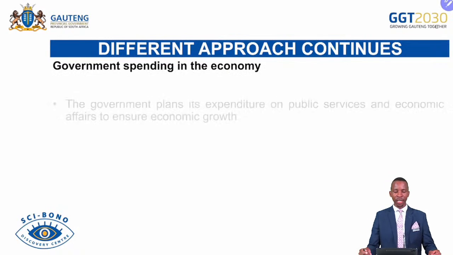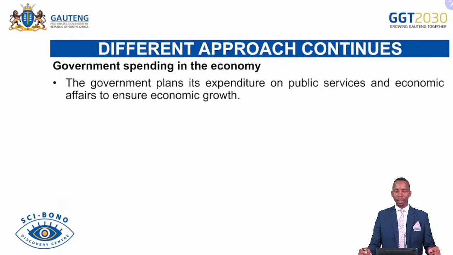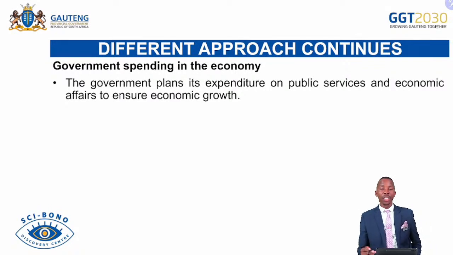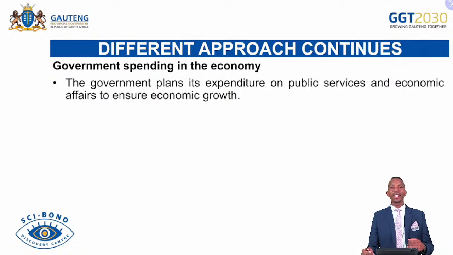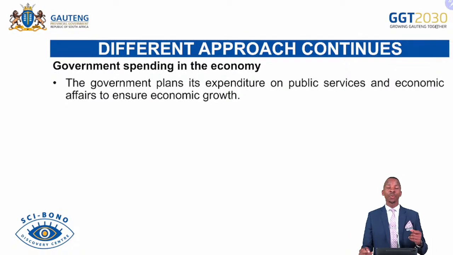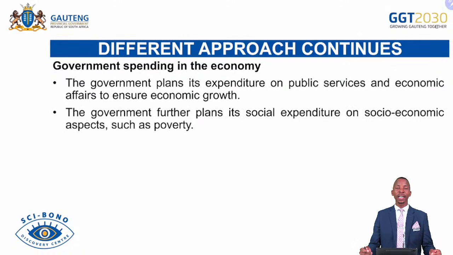The government spending in the economy. The government plans its expenditure on public services and economic affairs to ensure economic growth. So when the government conducts spending, we all know that it results in an increase in economic performance because people will be getting job opportunities. There will be more disposable income in the economy. There will be some tenders, and that will lead to spending or increased aggregate demand in the economy. The government further plans